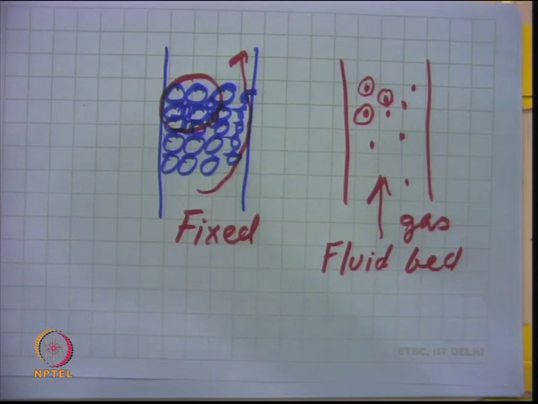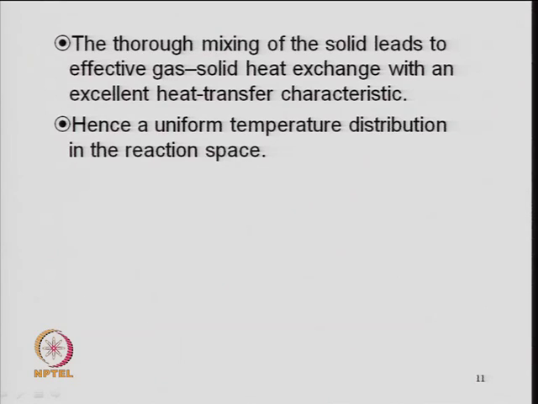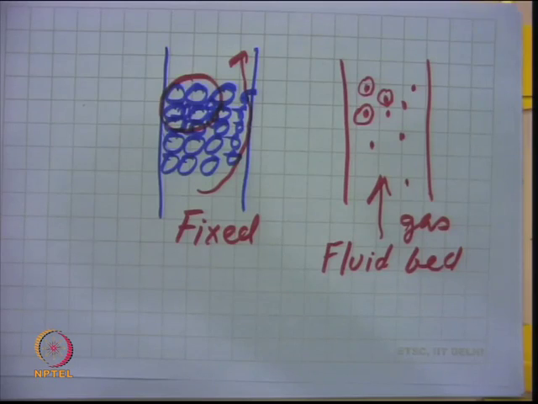Now the temperature distribution which you look at here: thorough mixing of solid leads to effective gas solid exchange, with an excellent heat transfer characteristic, and a uniform temperature distribution in the reaction space can be obtained. In the fixed bed, I told you that there will be a kind of radial gradient and a kind of axial gradient, but when you have a fluidized bed, the gradient is minimized because the heat is being dissipated simultaneously. Same thing, the temperature or concentration will be more or less uniform. So, it is a kind of back mixing, just like in the CSTR you say the temperature distribution will be uniform, concentration distribution will be uniform,